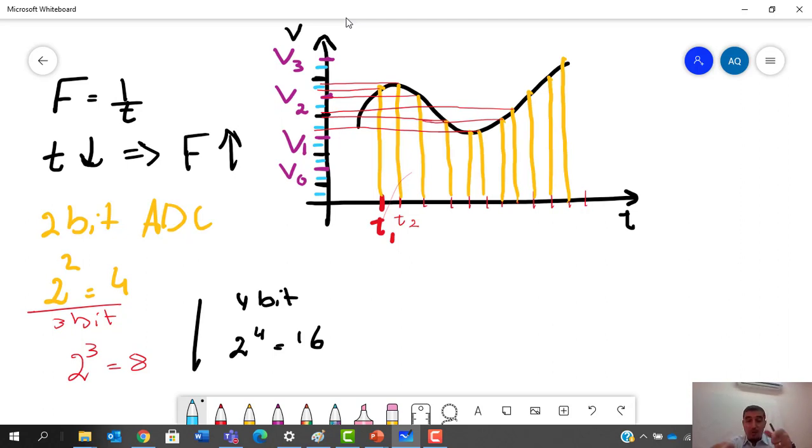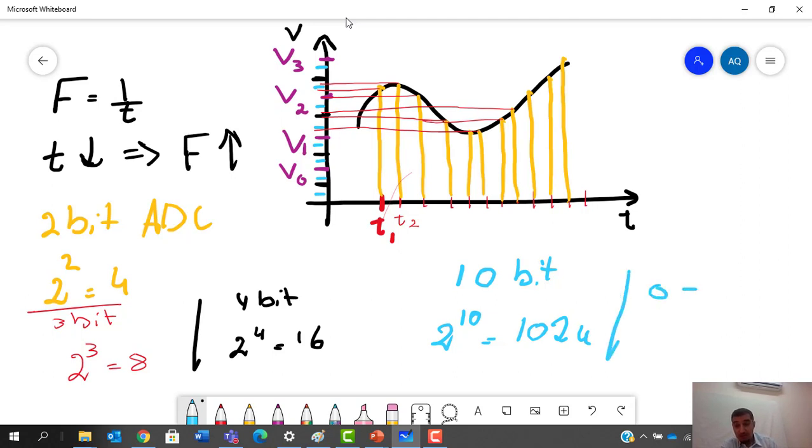Now, our analog to digital converter in the microcontroller is basically using 10 bits. 10 bits means 2 to the power 10 is 1024 different levels for a voltage range from 0 to 5 volts. This will give us around 5 millivolts per digit. I'm going to come through that in our slides, but this is the idea behind